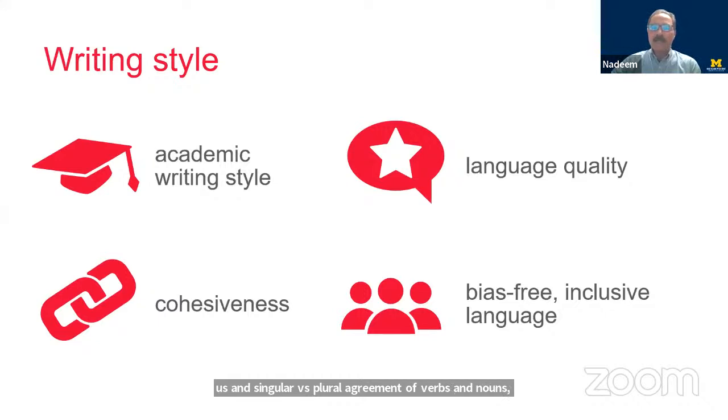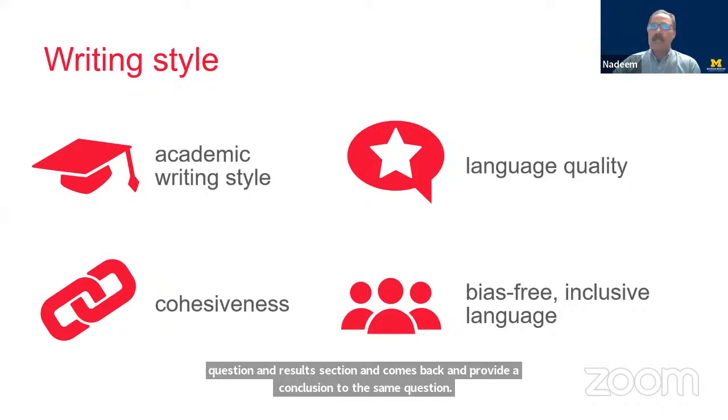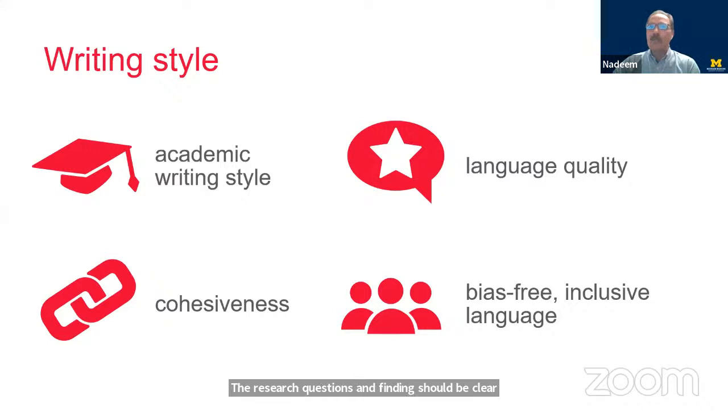The cohesiveness is very important for your story. You have to connect it from section 1 to the last section. So the article should be cohesive and consistent in its overall organization and flow of the manuscript. The manuscript should use a balance of tools like transitions and parallel constructions. What you point out in your introduction, you should connect to that question in the results section, and come back and provide a conclusion to the same question. So the research questions and findings should be clearly stated, and you should correctly use headers to make it obvious